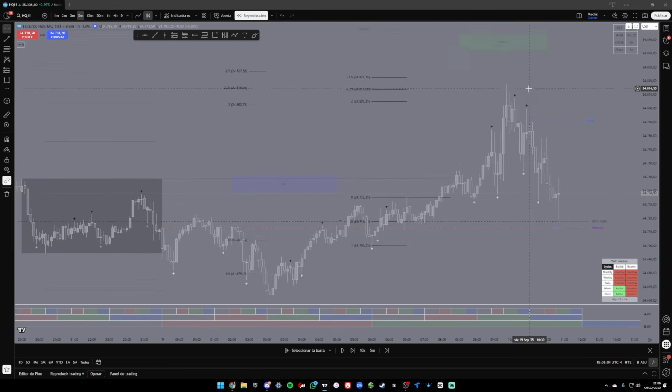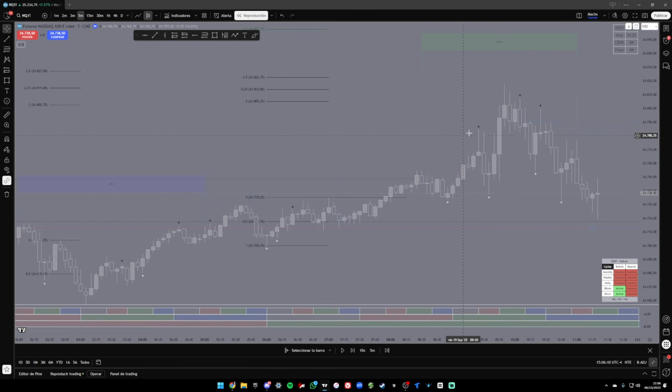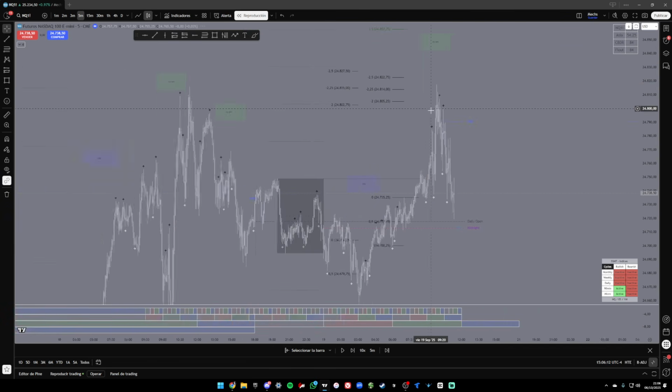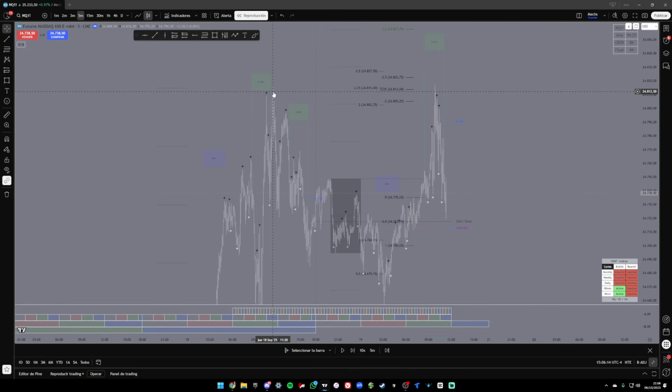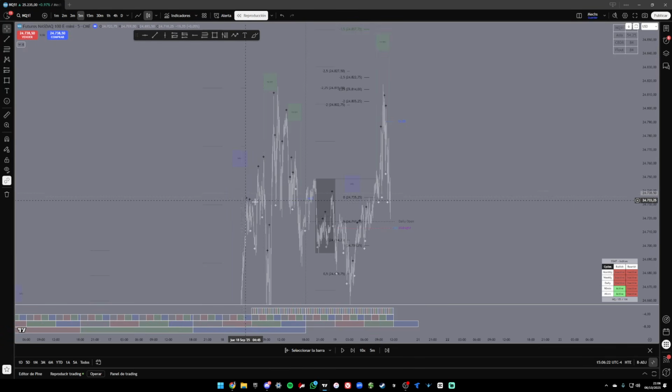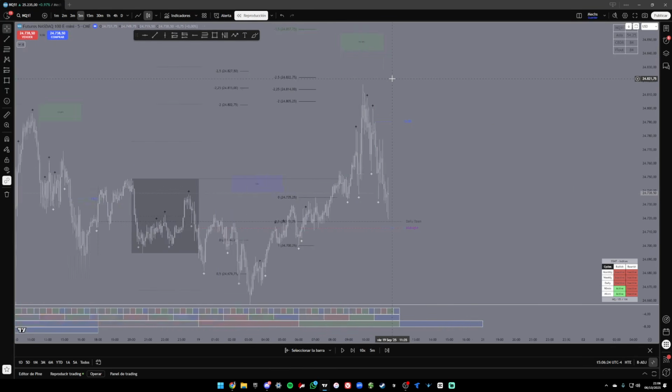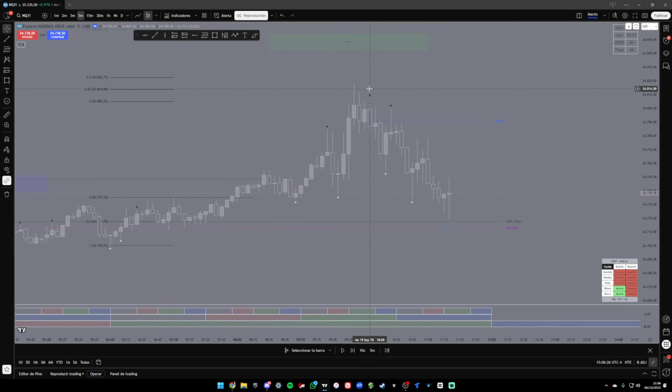Okay, if you see that this candle in the 5 minutes, if you see that we have an SMT, maybe with these highs and with this high, by the way, this would be a daily SMT. Okay, if you see that we have double SMT and price is rejecting,